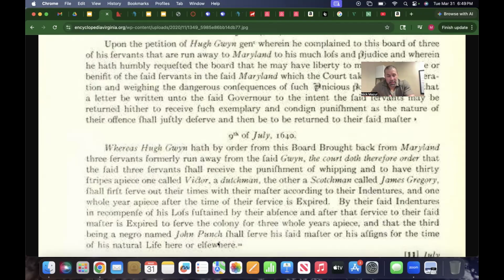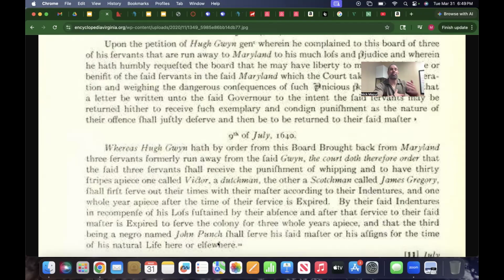So as a result of this, the judge sets a precedent, right? That you can be a slave for life and that slavery can be a punishment for life. But he only associates it with one individual, and that's the individual who is Black. So now what he's done, this judge has essentially set the stage for local governments to establish slave laws, right?